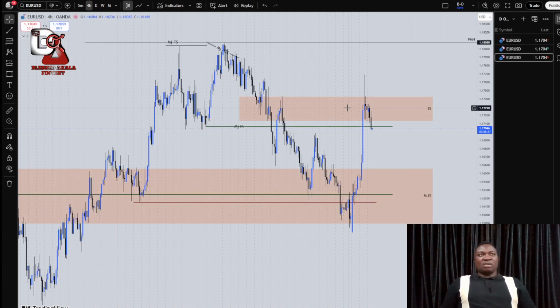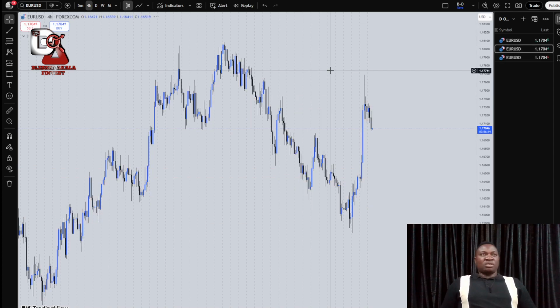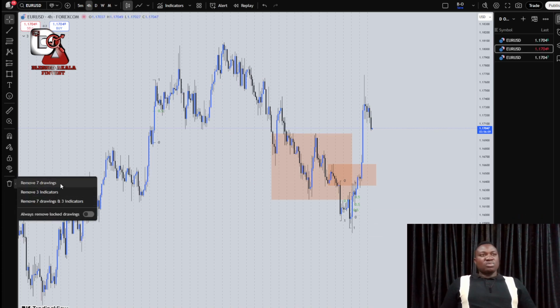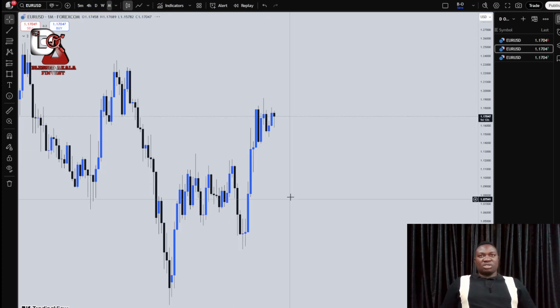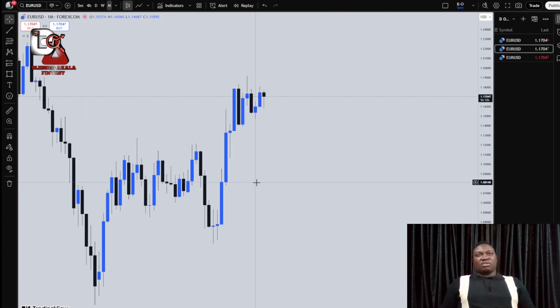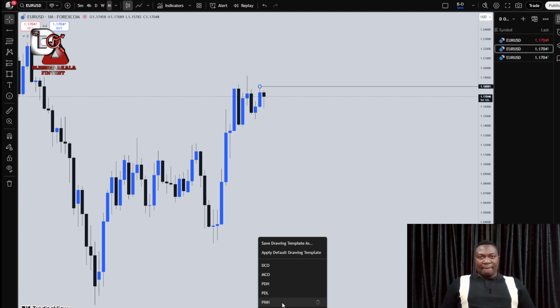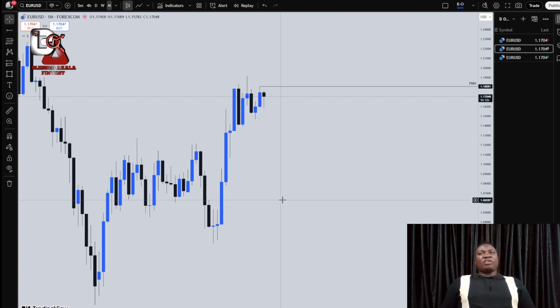Currently in the markets, let's use forex.com for our analysis and our drawings. We're going to start the analysis from monthly now and try to see what price is doing. As we can see from monthly, I talked about the previous monthly high being the first level we are anticipating price to raid, our first level of liquidity for the year.